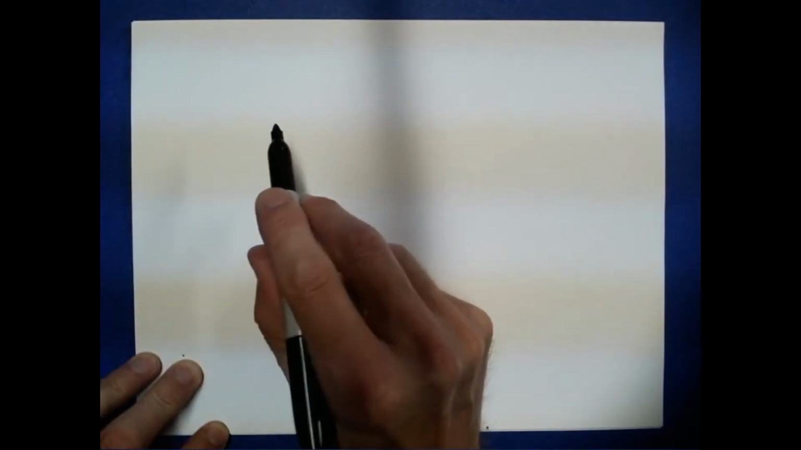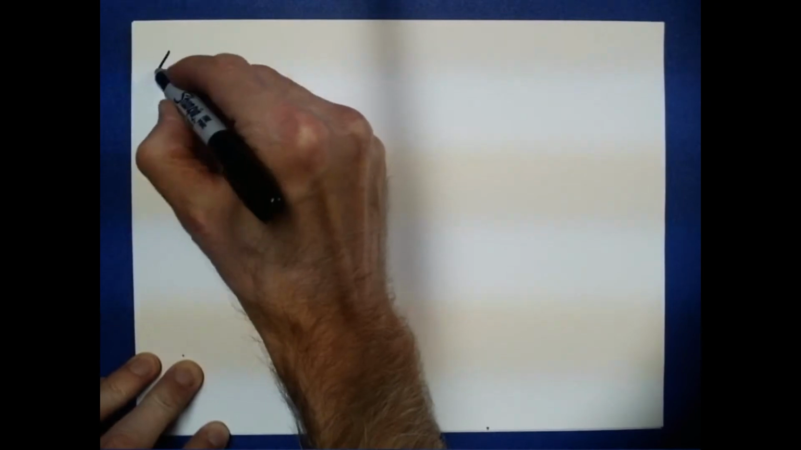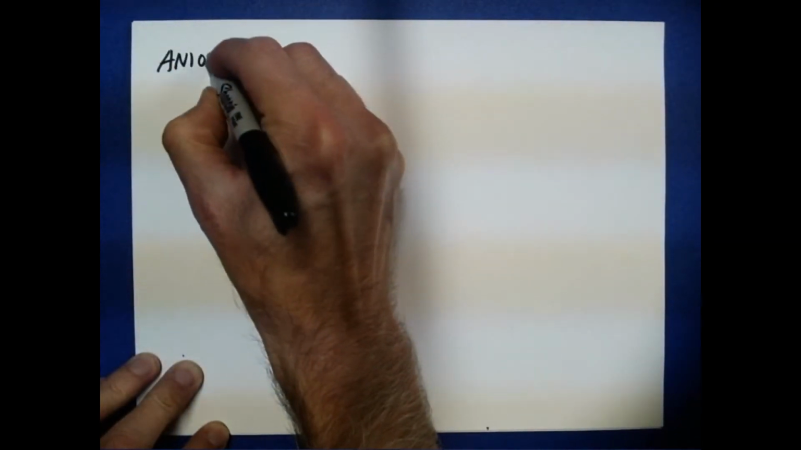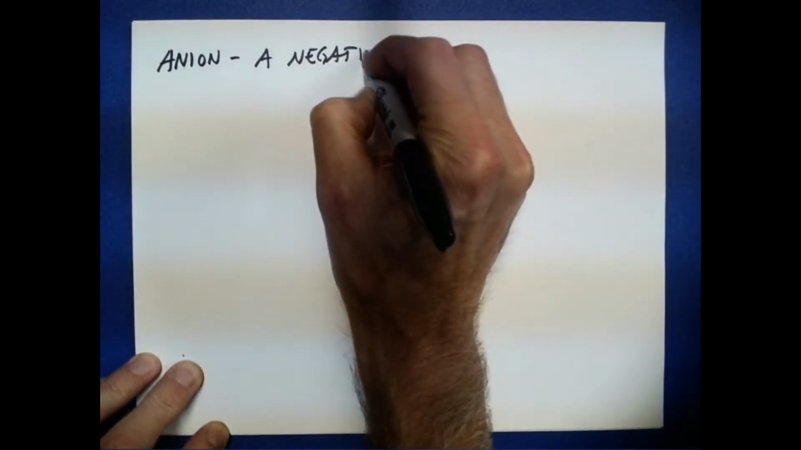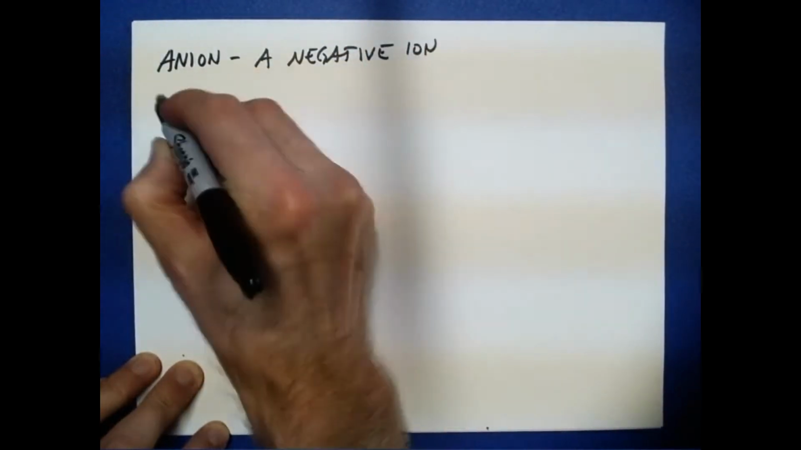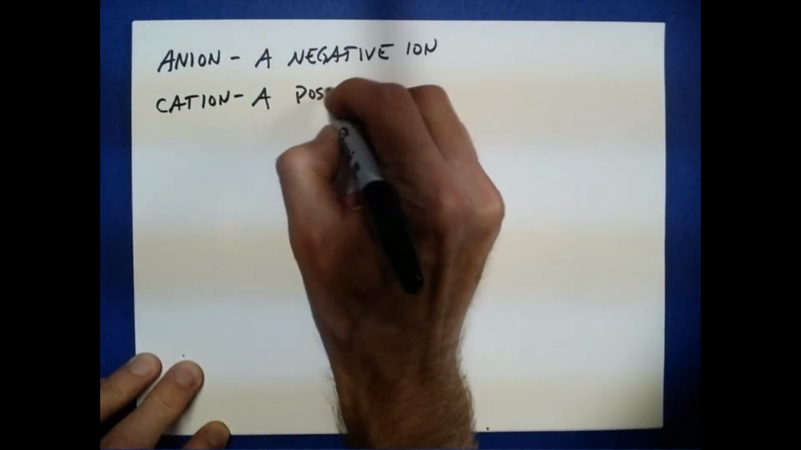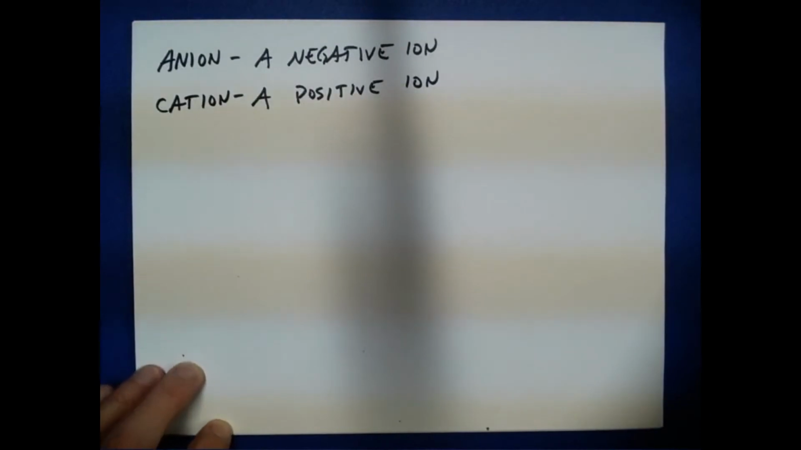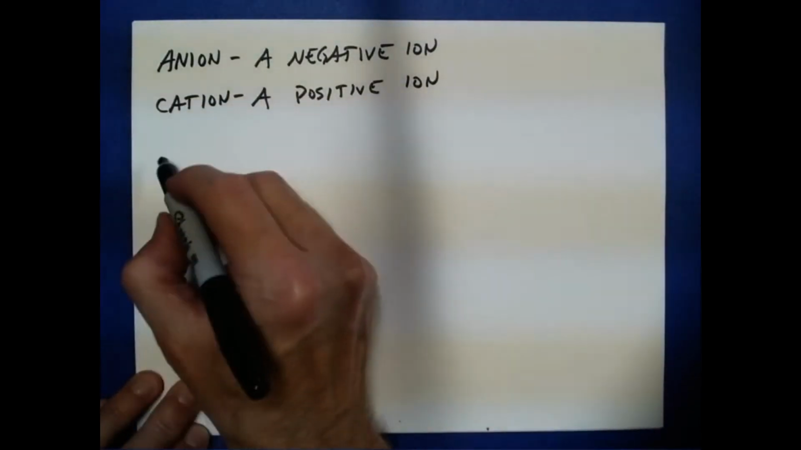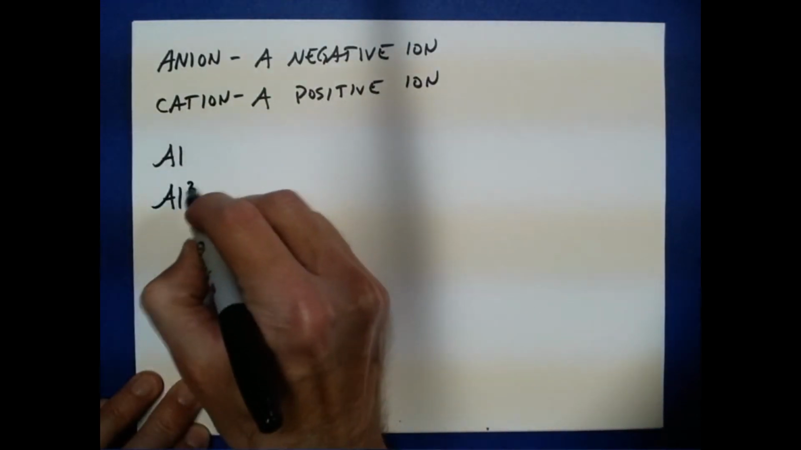We're going to discuss the electronic configurations of anions and cations. And you might remember an anion is a negative ion, and a cation is a positive ion. And let's just write the electronic configurations to start for, well, we'll do aluminum metal, and then we'll do aluminum